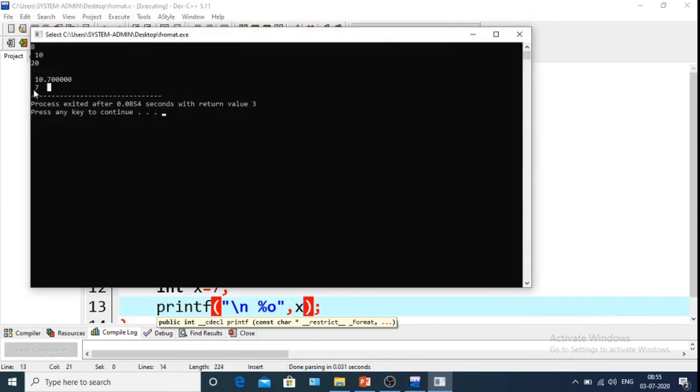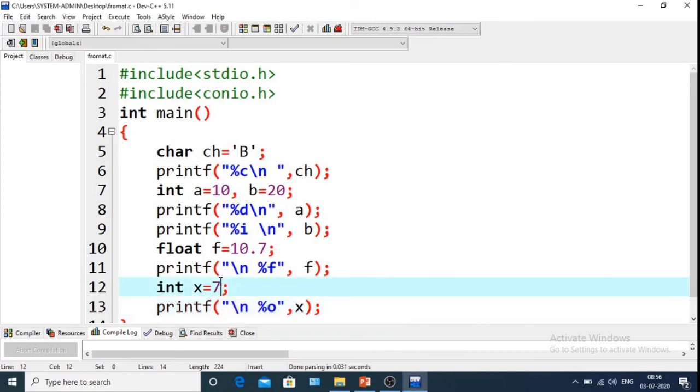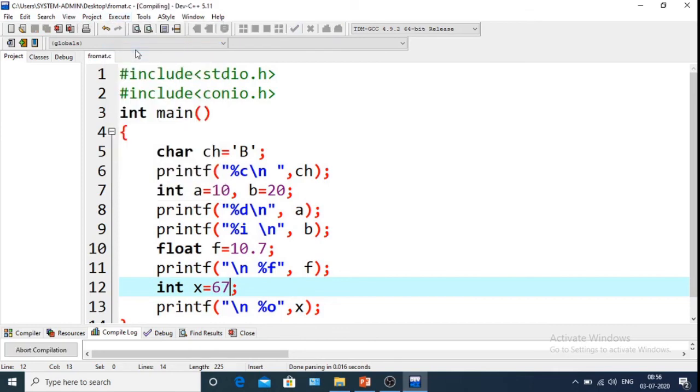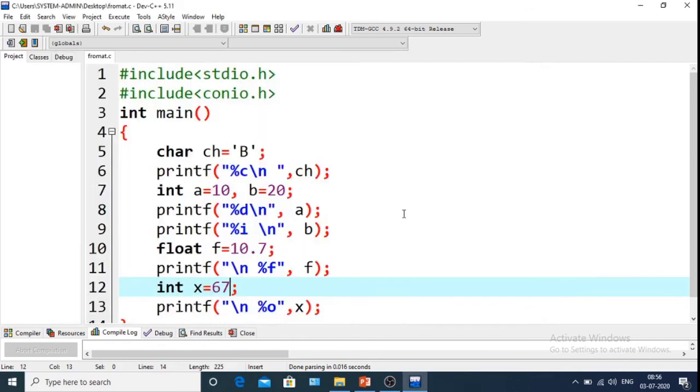So 7 has been printed. If I change it to 67, let's check what it will print. So this is the octal value of 67. As you can see, %o will print the octal values.